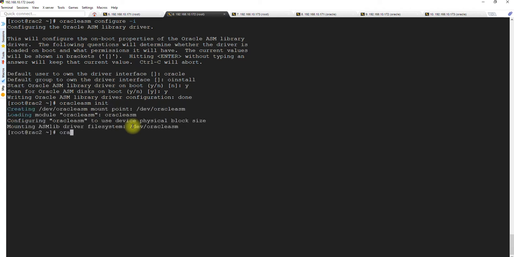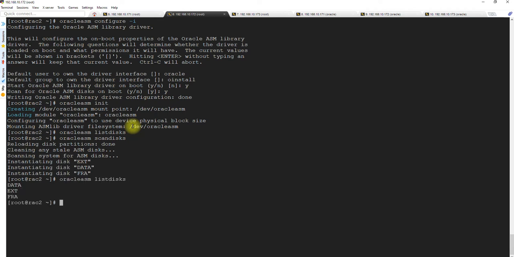Now you don't need to do anything else, just say oracleasm listdisks, because you have created the disks. It's not showing up yet, you need to scan it. Scan, then list it. Now it will list it.